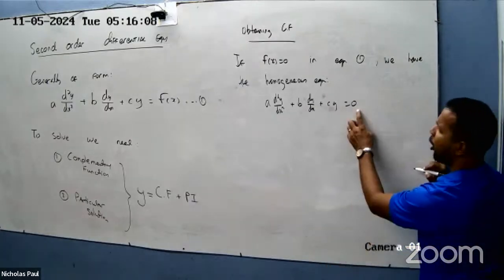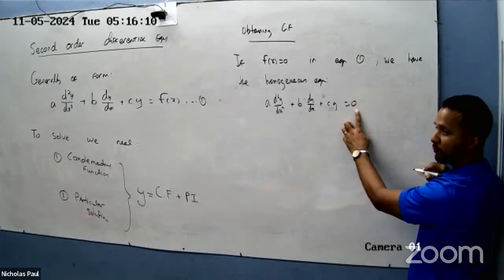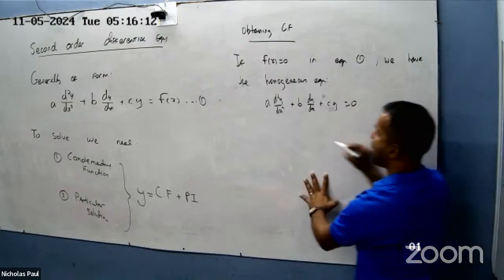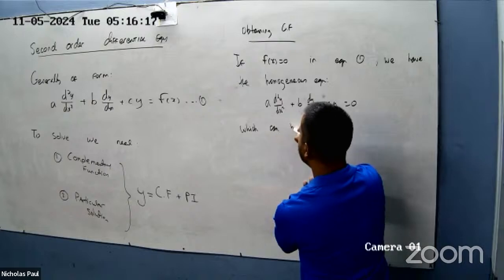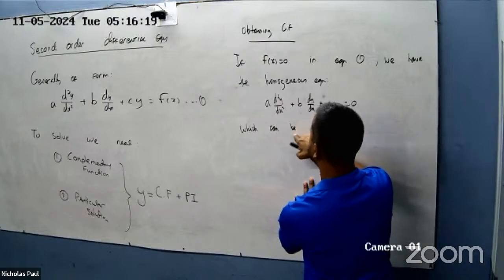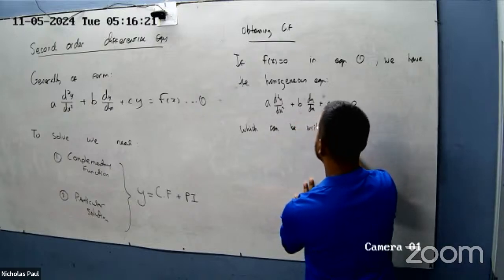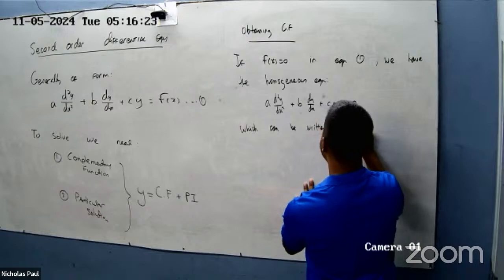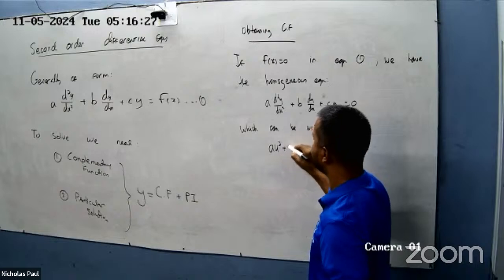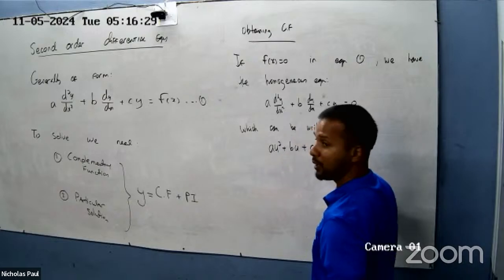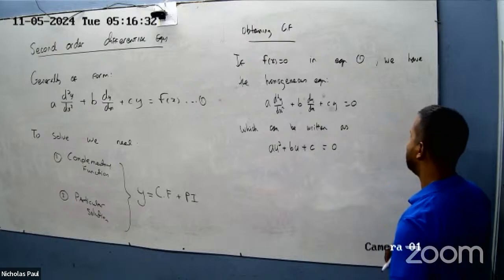All we did is make f of x equal to 0. Which can be written as au squared plus bu plus c is equal to 0,